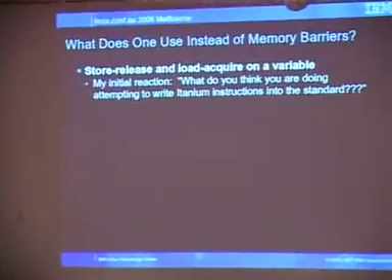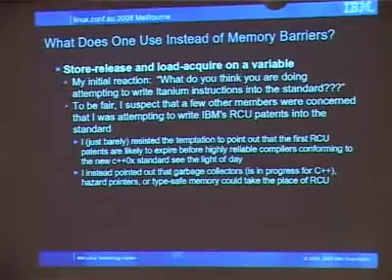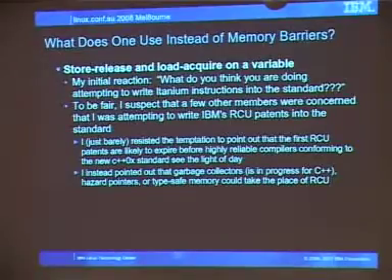Yeah, that was my initial reaction. We have the guy from HP understanding that. And I wasn't the only one. Anyway, to be fair, they had a counter reaction as well when I was proposing my stuff. I just, as it says there, I just barely resisted the temptation to point out that I think the first RCU patents are going to expire before good compilers come out with a new standard.